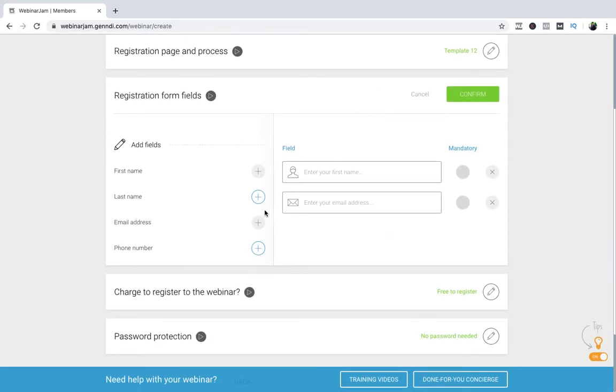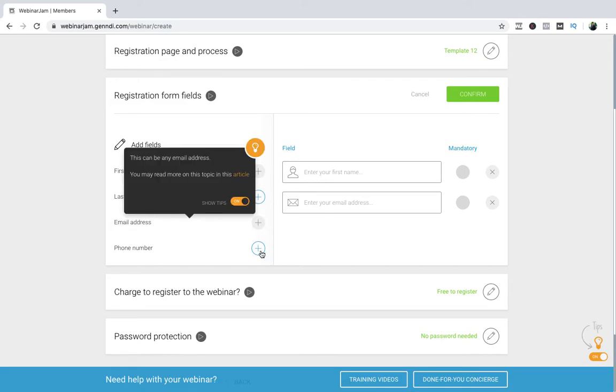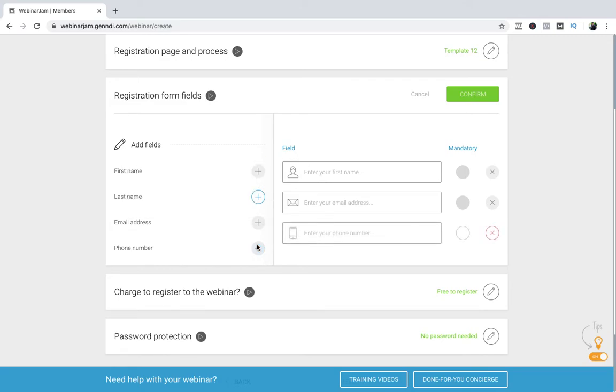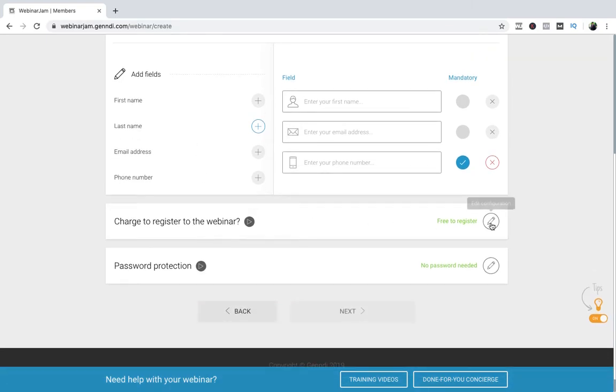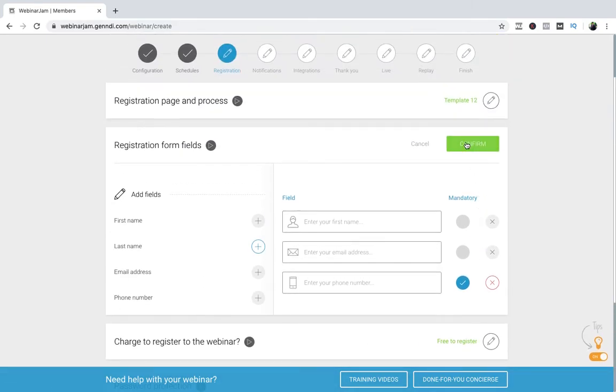So just choose whatever you want to choose. If you want to choose phone number also, just click it here. Want to make it mandatory, just tick it here. You want to have some other thing, you can have that one, right? And then just click confirm.